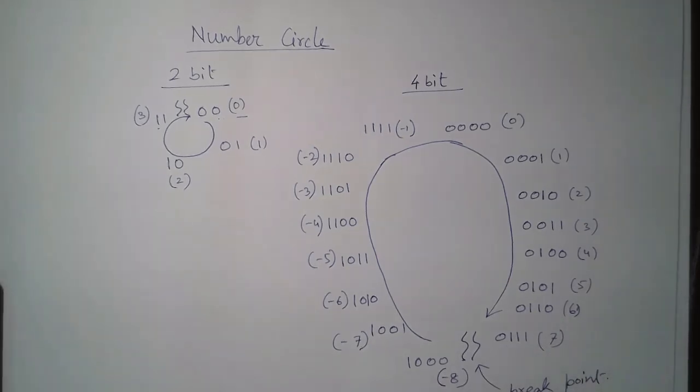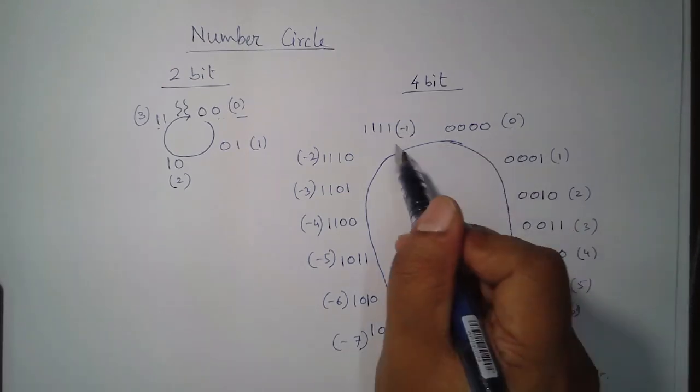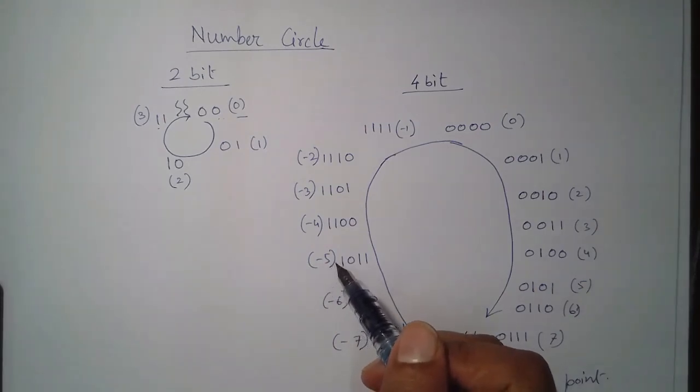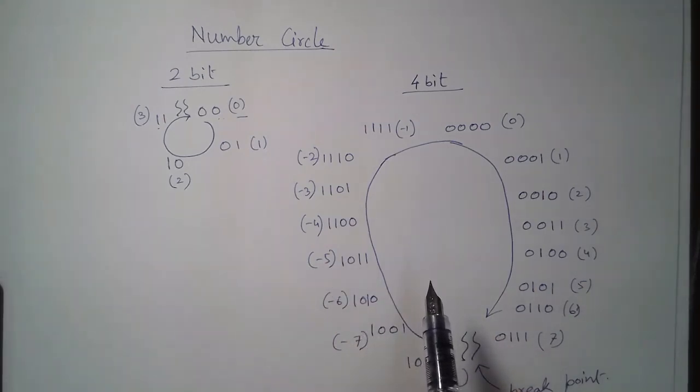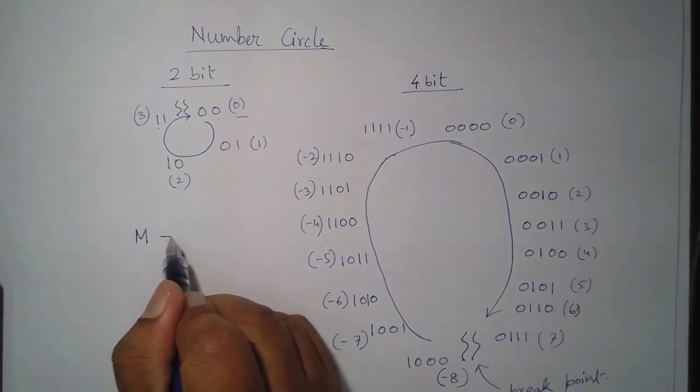All right. So why are we representing the numbers like this? Here we have used the concept of sign magnitude, and another advantage is that 0 is represented by one number only, and if you go anti-clockwise, you decrement the number. In this number circle, the advantage is, if you want to add a number m to a number n,